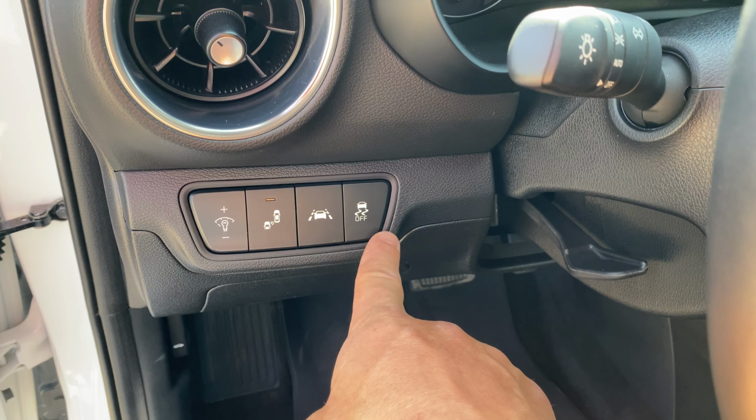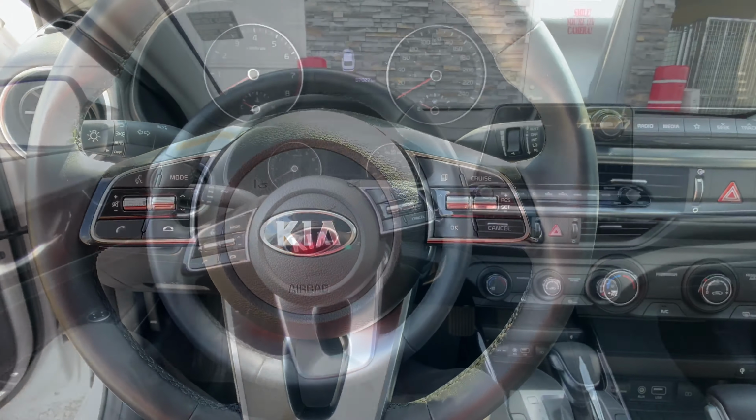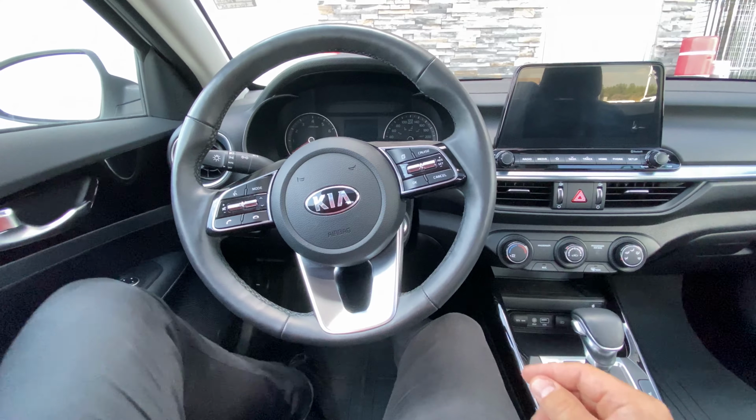And then you've got your traction control button right there. Jumping into this car, I'll show you a couple of the different options that are here for you. Inside the car, you'll notice a couple things. There's lots of room in here. I'd probably have to move the seat forward here if I was gonna drive it comfortably, but other than that,